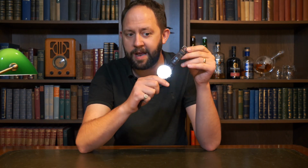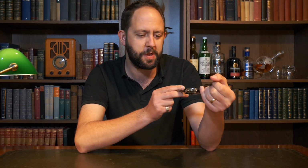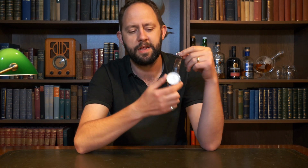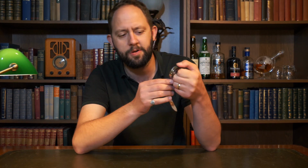This one is the Soho, and I believe they've got something called the Manhattan and the Times Square, I think. They're the 3 ranges that they do, and they do a bunch of different colour options in it as well. This particular one is silver and rose gold, just because I thought it looked the classiest, but everyone's got their own taste. If it was up to me, I'd probably have a gold casing, but they don't really seem to do many gold cases in the Soho or Manhattan range, which are the slightly larger style,